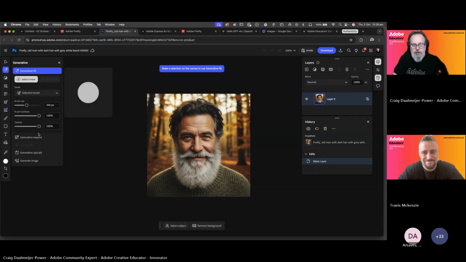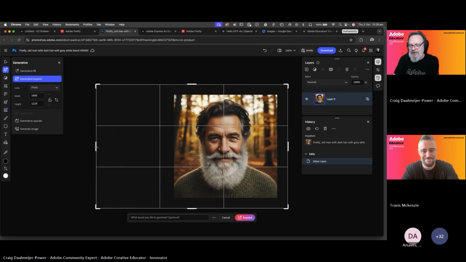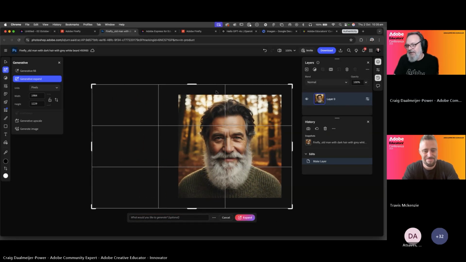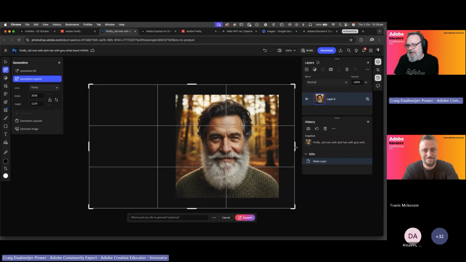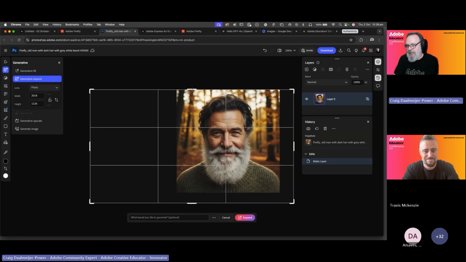I can also go generative expand. This is my favorite one. I absolutely love doing this. So I go there and I say, yep, I want him to be sitting on the thirds there. Let's bring him there. So I've got that bringing the third, so you bring your eyes directly there, but I'd love to have more of a scene over here. Now, if I don't put anything in here, and I just hit expand,